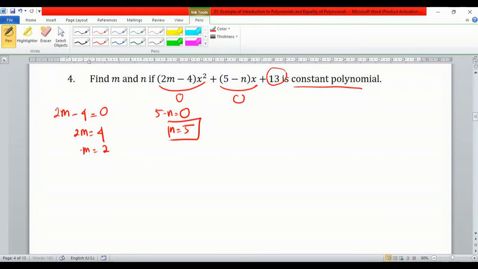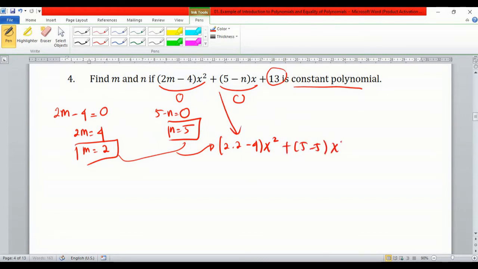Okay, so we get the m and n already, but if you're curious, we can substitute this m and n value into this formula. So 2 times 2 minus 4 x squared, and then plus 5 minus 5 x plus 13. So 4 minus 4 is 0, plus 0, so plus 13. So this one is called, yes, correct, a constant polynomial,